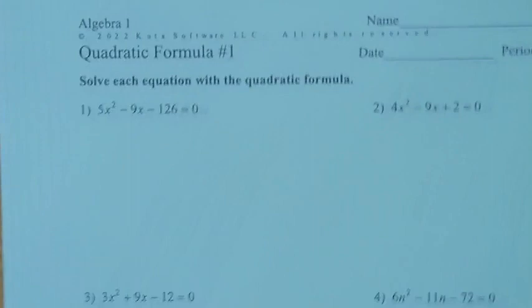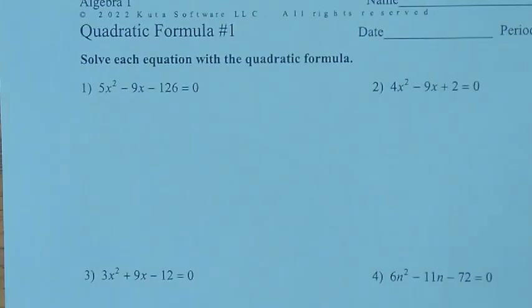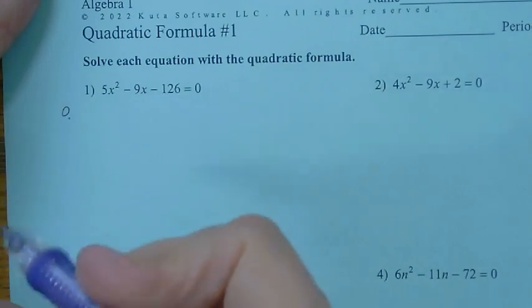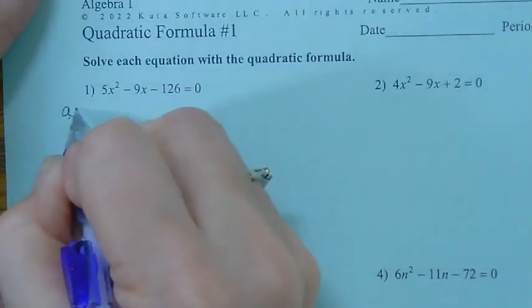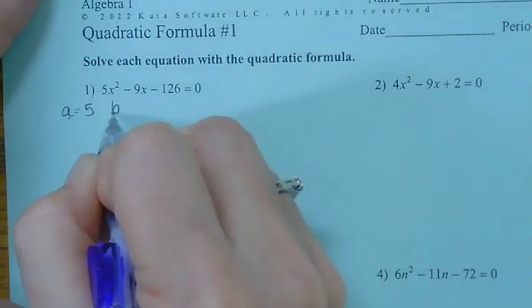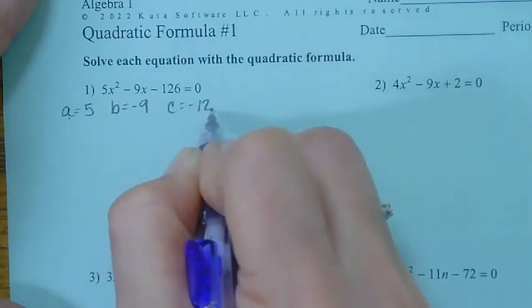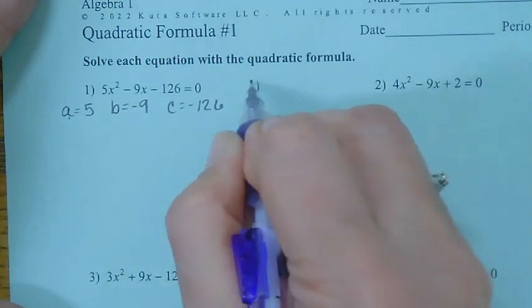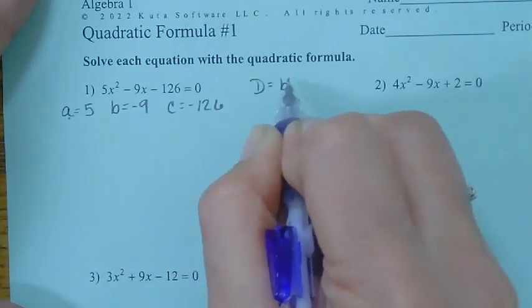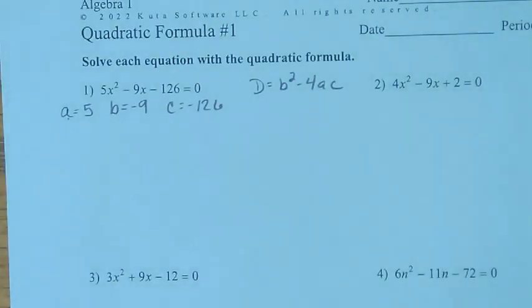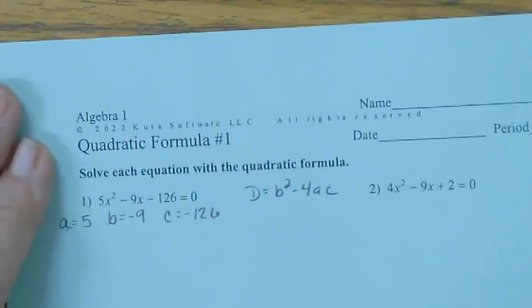Okay, so we're going to do number 1 together. First thing you do is write your A, B, and C, right? You know what, I'm just going to, at the top,